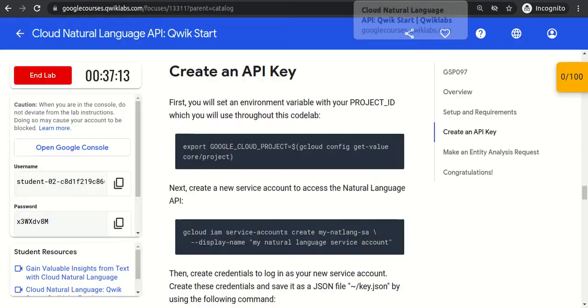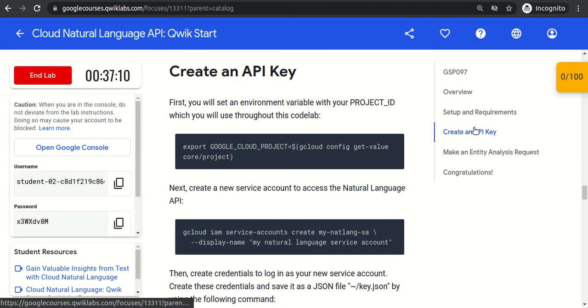In this lab, they have told us to create an API key, and then do some analysis, because it is always recommended to create the service account, right?